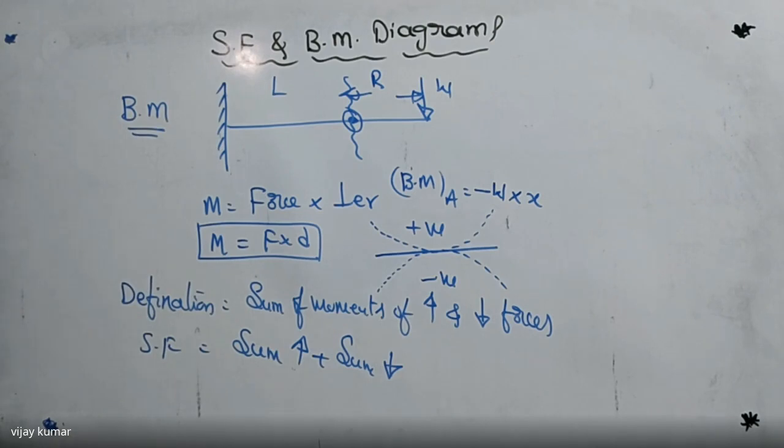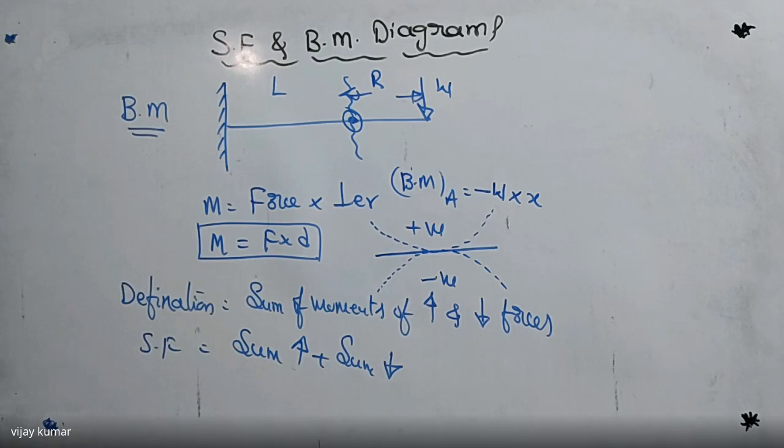The definition is over, types of beams is over, types of supports is over, types of loads is over, the definition of shear force is over, the sign convention of shear force is over, and the procedure to find the shear force is over. What is bending moment, the sign convention of bending moment, and the procedure to find the bending moment are also over.